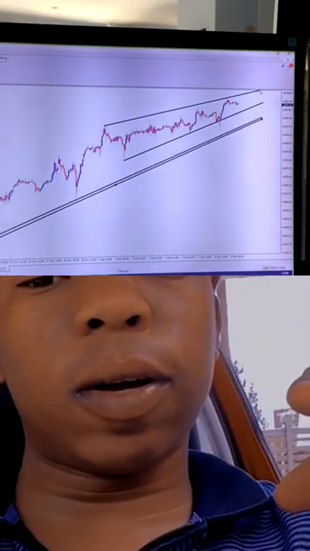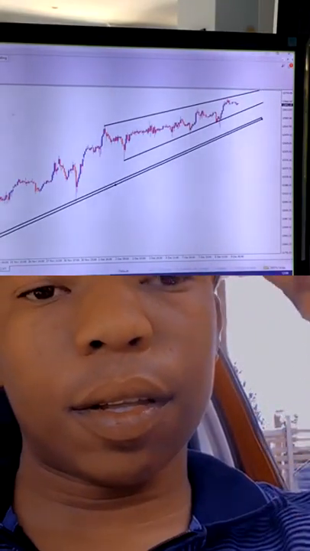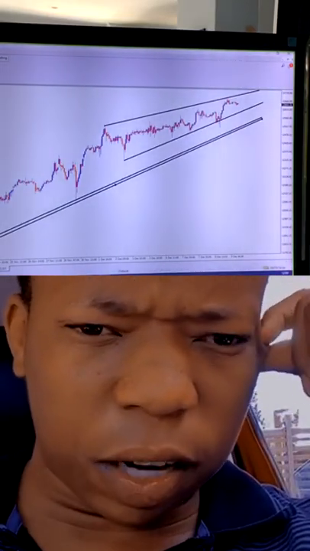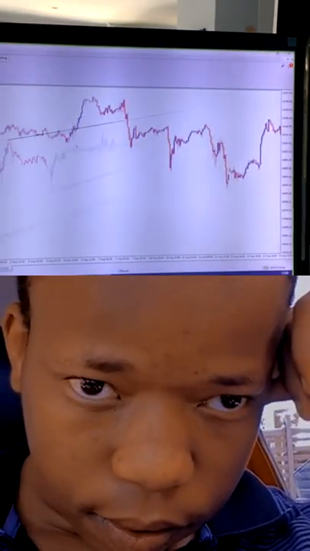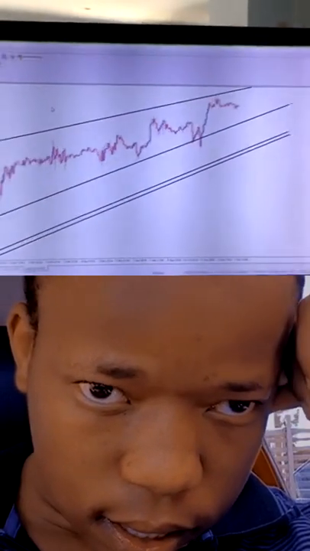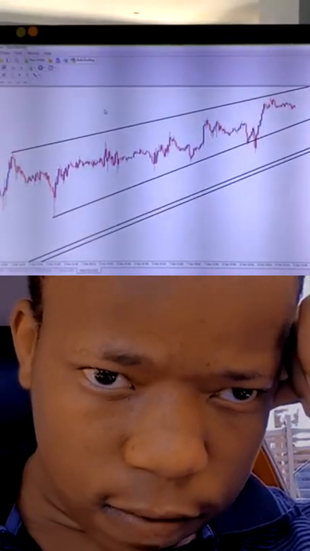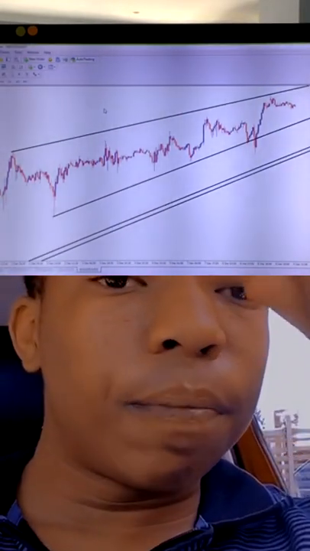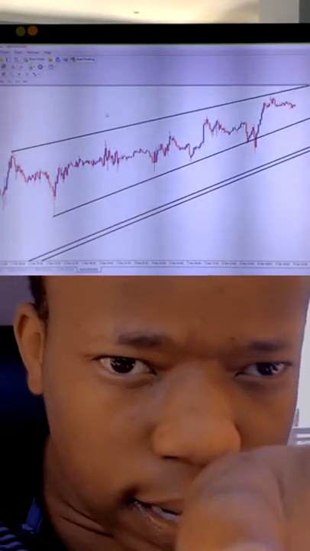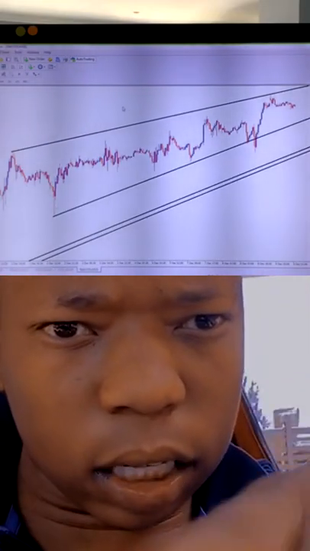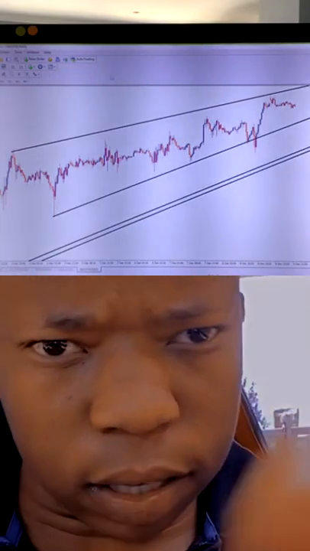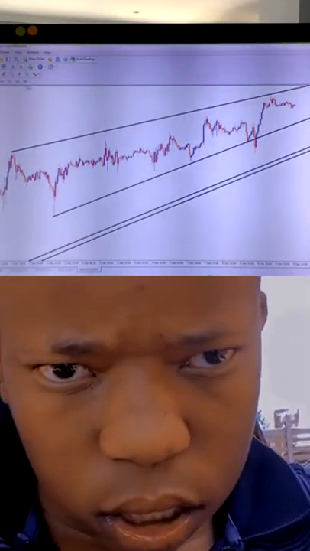Okay. What was the time frame here? H1. Yeah, let's go to the M30, which is half an hour. Very, very interesting. Now we do what? We're going to analyze that structure, the previous structure, and put a horizontal ray on the